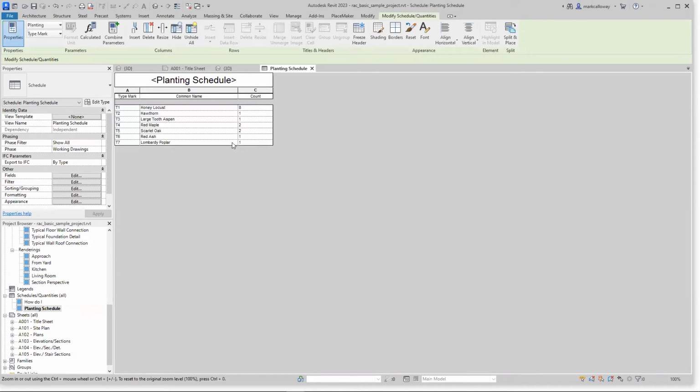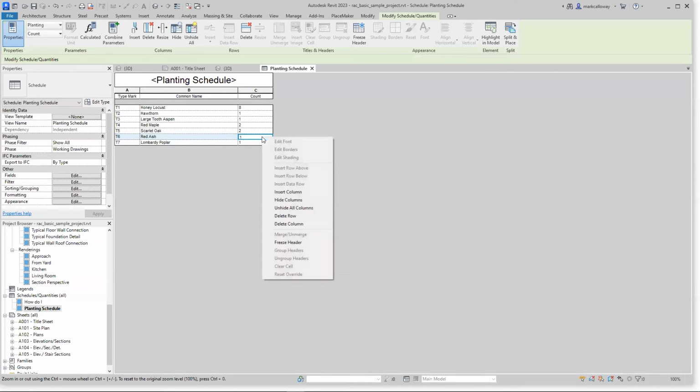It is based on a cell by cell basis. So if I clicked on this common name, it would affect this common name, and if I clicked on the count, it would affect the count. Just to give you a very poor example, I'll go with red ash because it's going to be easier for me to pronounce. So if I go with this red ash, on the count cell there,